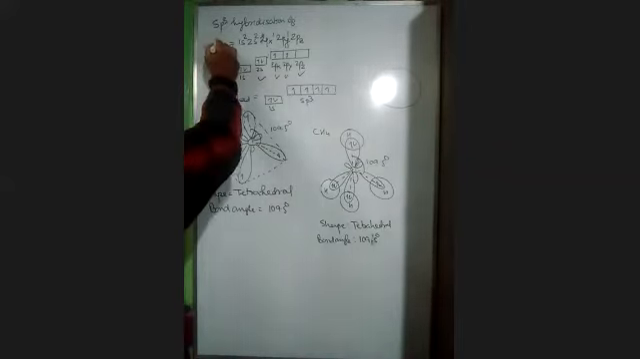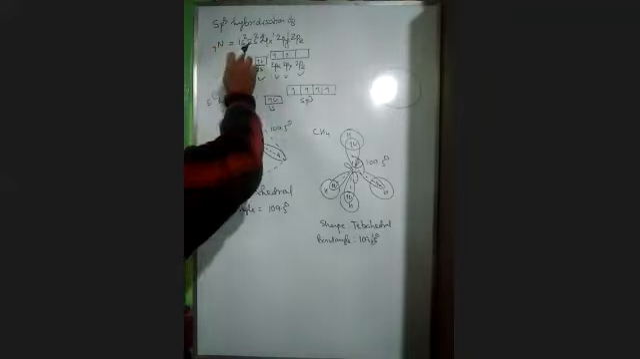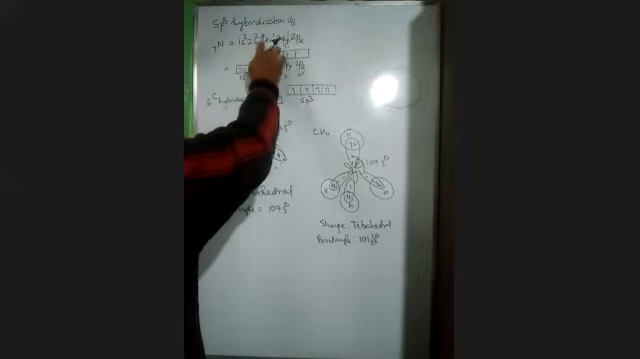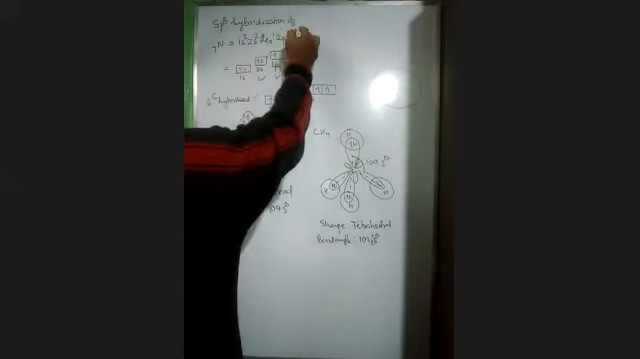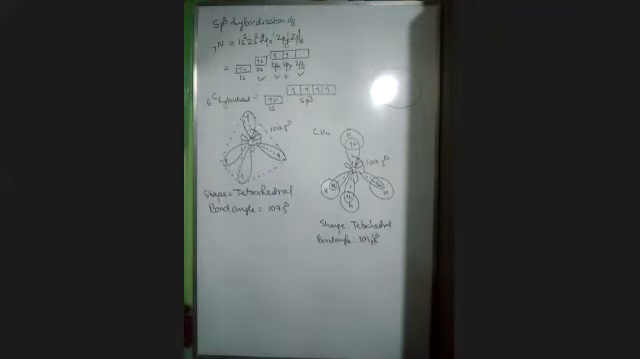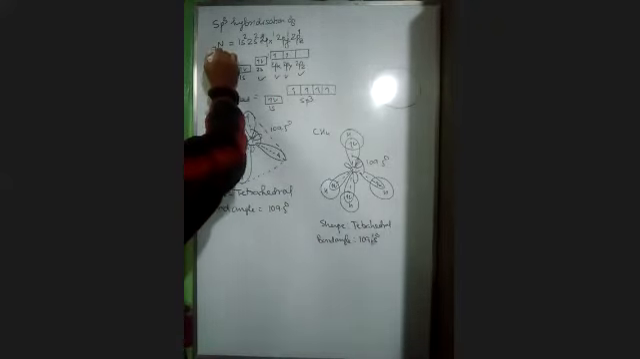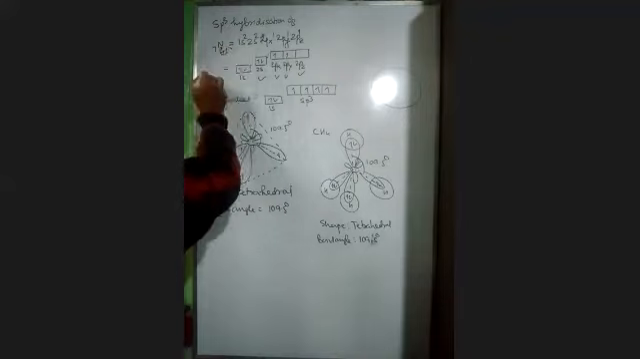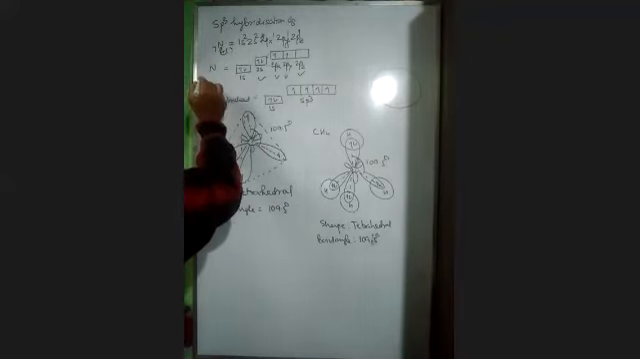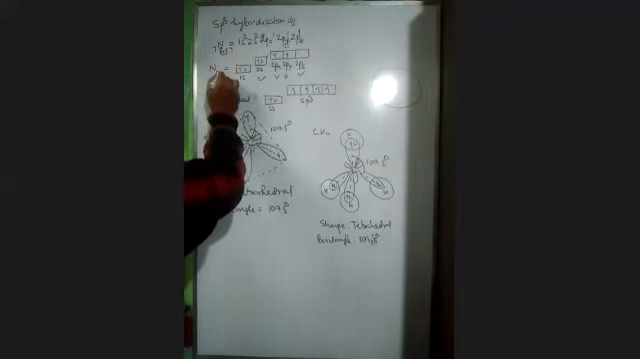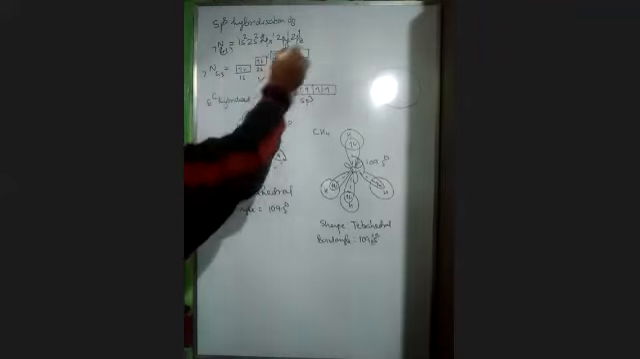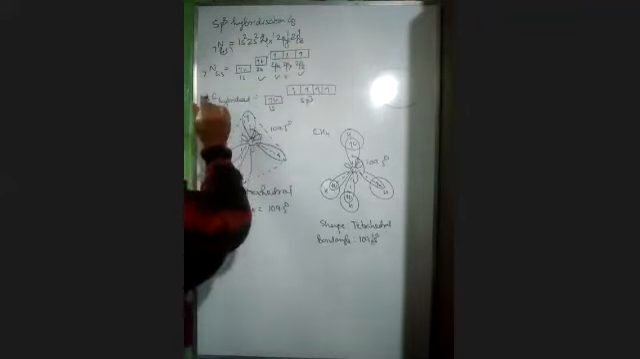Nitrogen. Nitrogen is 7. So 1s2, 2s2, 2px1, 2py1, 2pz1. All right. So this is the ground state, GS. And this is